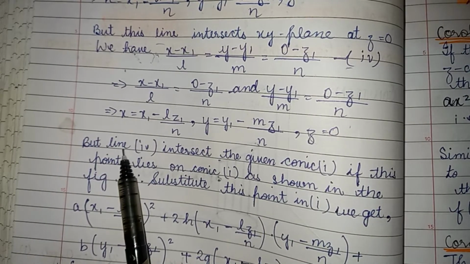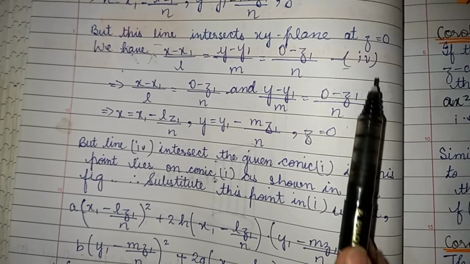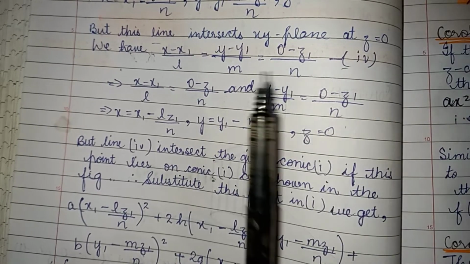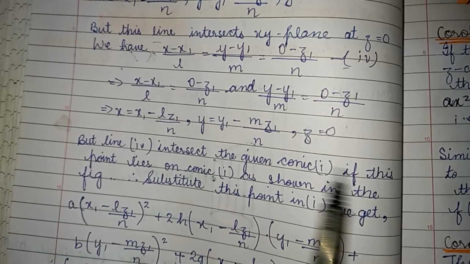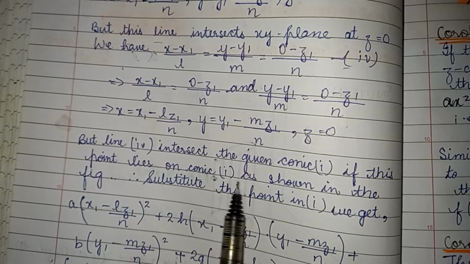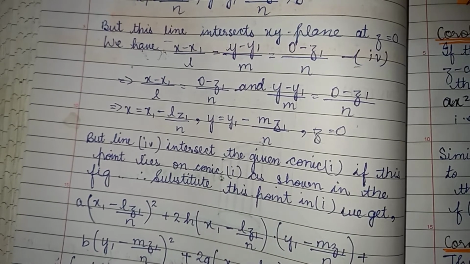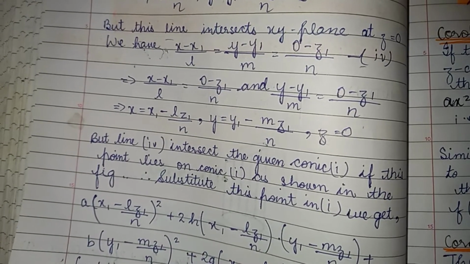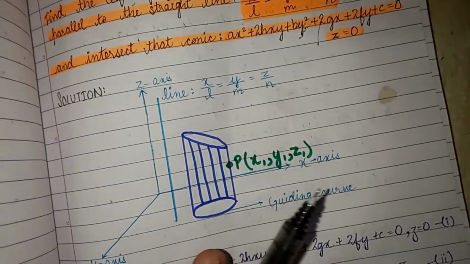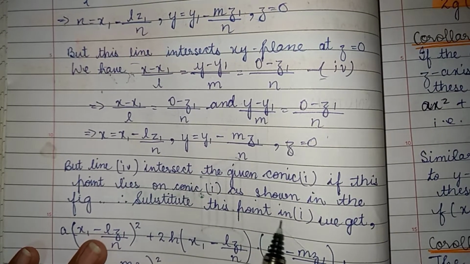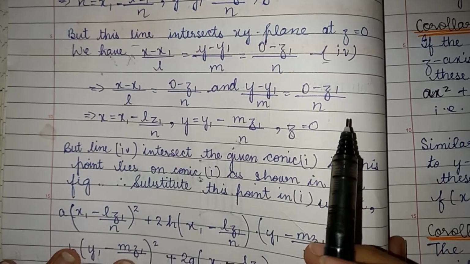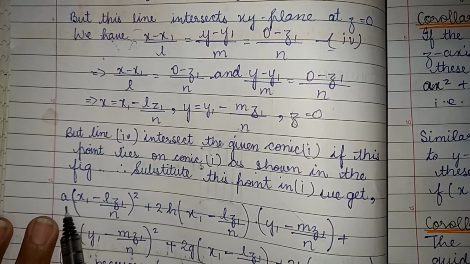But the line, this fourth line, intersects the conic which we have taken as the first one. If this point lies on conic 1, as shown in the figure, then according to that, substituting the point 1, we get a into